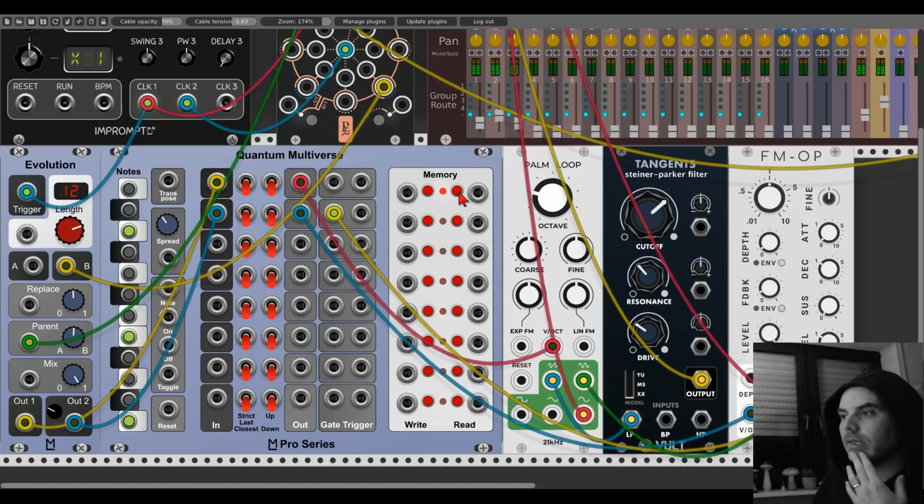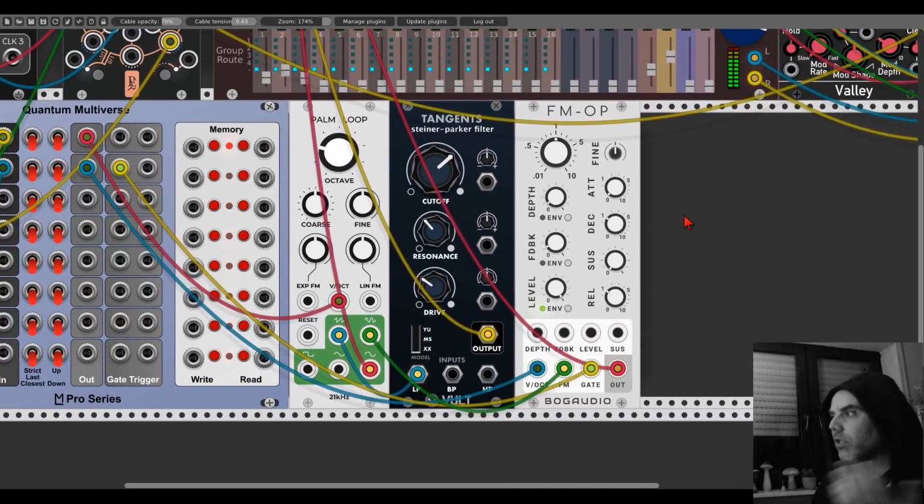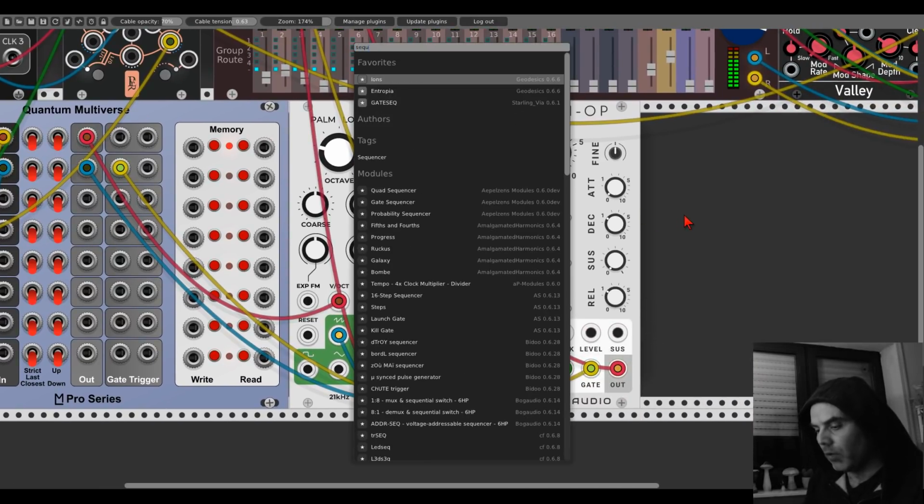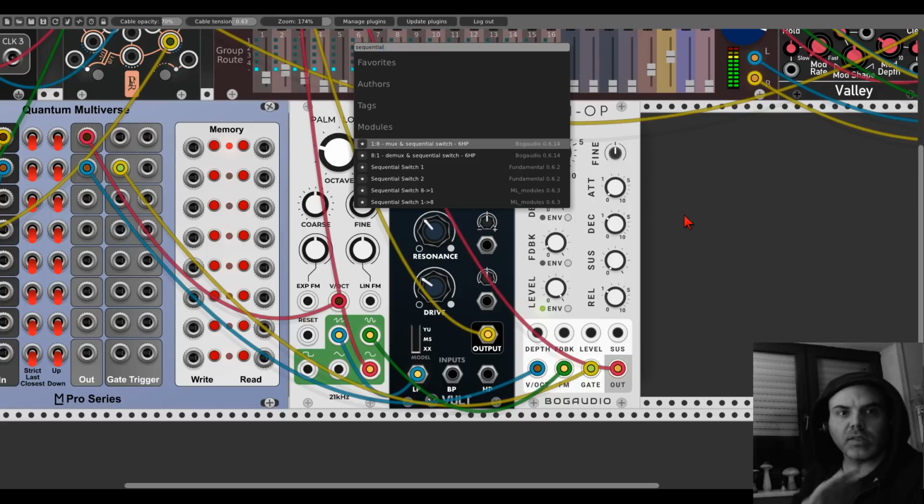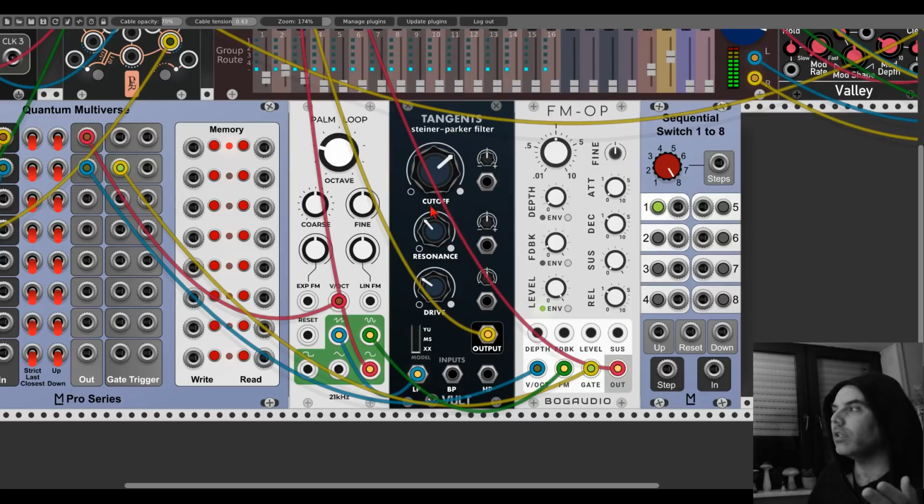So let's trigger this. Let's see, what can we do? We can use a sequential switch, for example. We will make this and then we'll add some chords just to sit in the background. Sequential switch, again from ML, let's use the 1 to 8. So we will add,